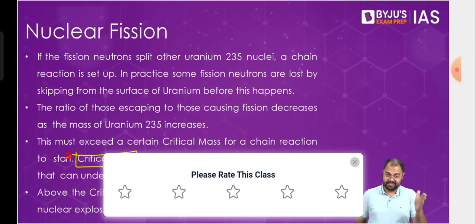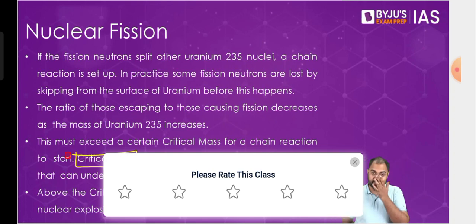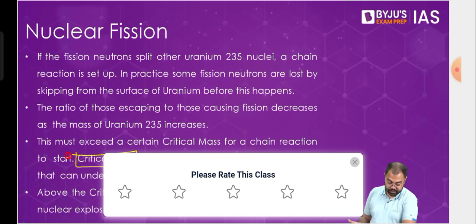If the mass is less than the critical mass required, then the reaction stops quickly because you do not have sufficient neutrons to carry on the reaction. But if it exceeds the critical mass, then you have extra neutrons, and an uncontrolled chain reaction can be set up, which can obviously be very dangerous. So this is why critical mass becomes very, very crucial.